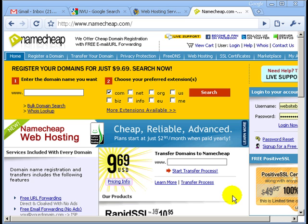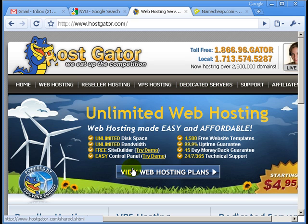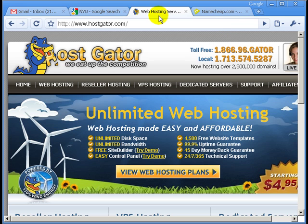So what I'm going to talk about now is how to add content to your website. Now, just to recap, you need a domain name and you need web hosting. Of course, by now you probably have a domain name, but I just wanted to repeat that. If you have a domain name and you have hosting, then there is information that the host will provide you with to connect the two. Now, just to give you a general overview, to connect the two,